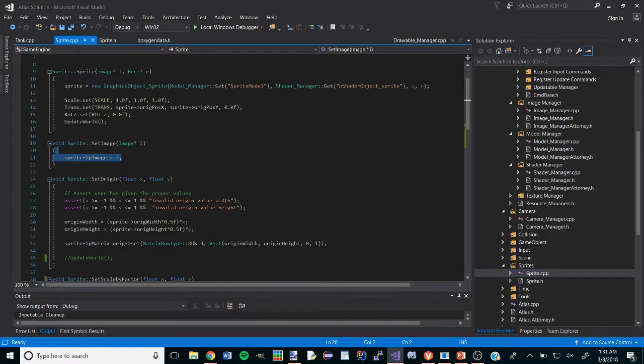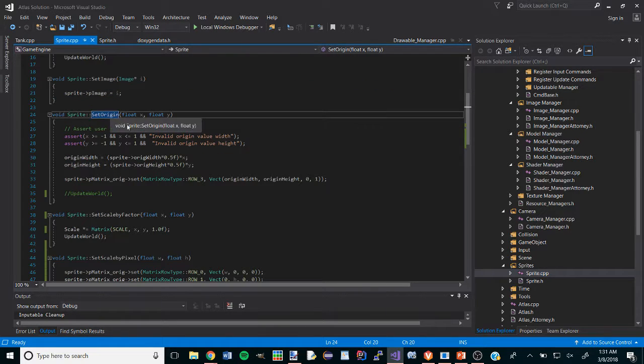And then here we can change the image. The set origin uses bounds from -1 to 1 on the X and Y, which moves the origin from the center in different directions. So we'll take in those values and set the appropriate origin width and height, and change that in our matrix origin so that the origin and the